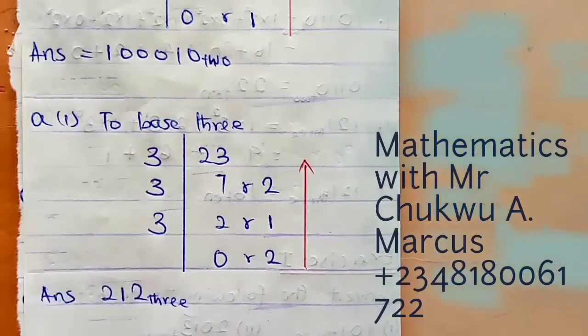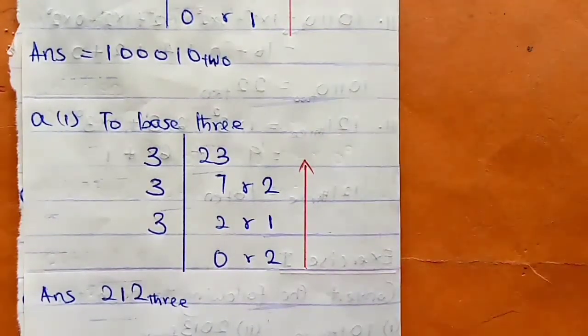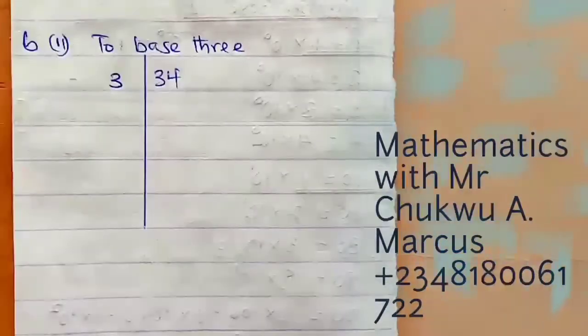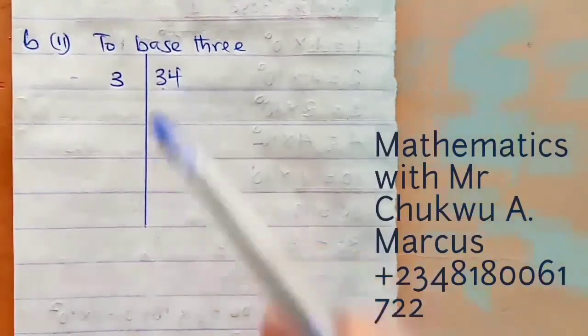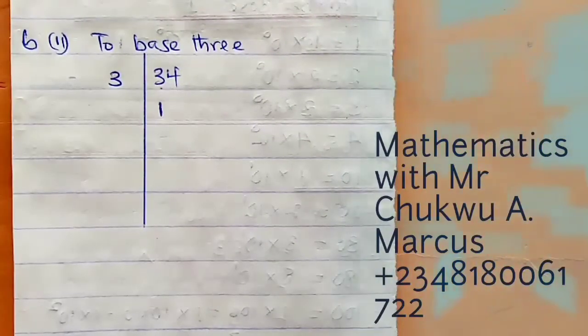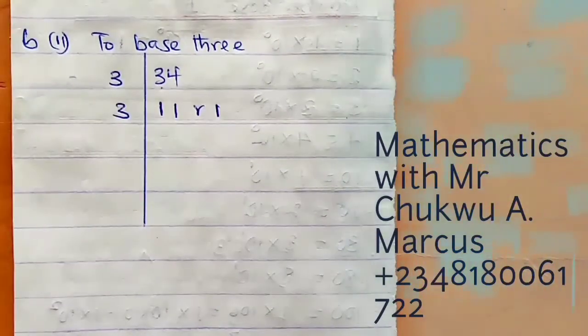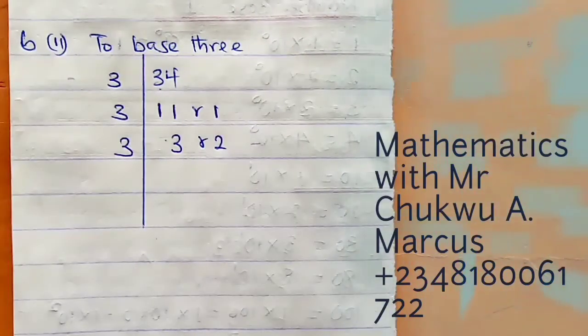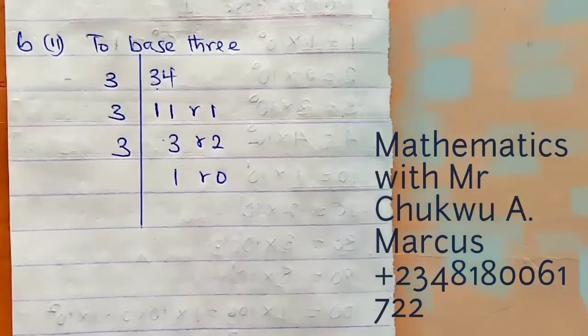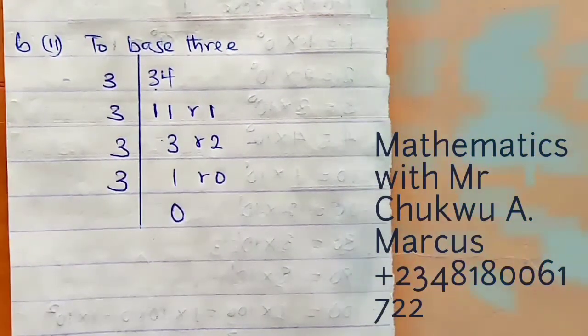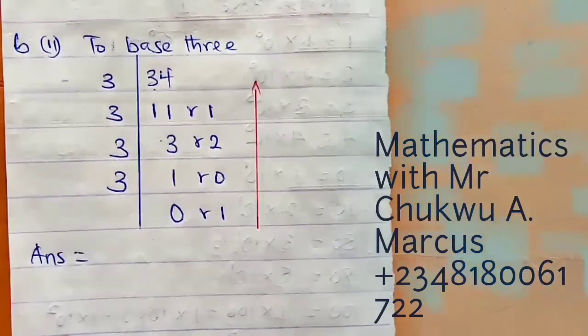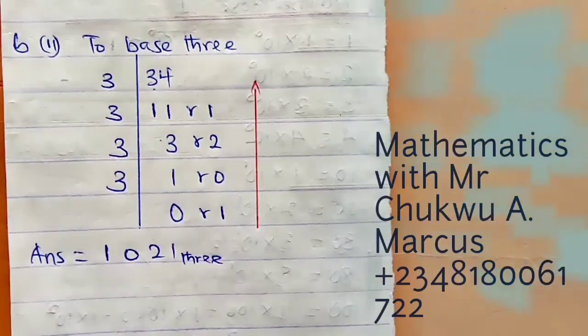Let's go for the B part, that is converting 34 in base 10 to a number in base 3. 3 divided 34 will give us 11 remainder 1. We use 3 again. 3 divided 11 will give us 3 remainder 2. We use 3 again. 3 divided 3 will give us 1 remainder 0. We use 3 again. 3 divided 1 will not work. Therefore, since 1 is less than 3, we say that 1 becomes the remainder. Therefore, our answer becomes, let's do the same with conversion of 23 to base 4 and conversion of 34 in